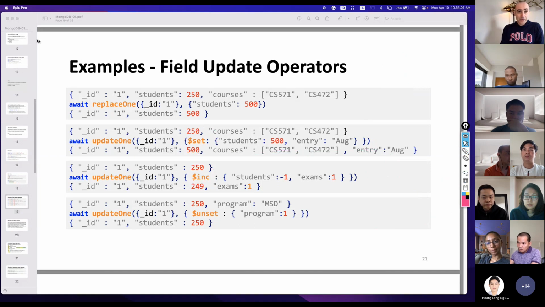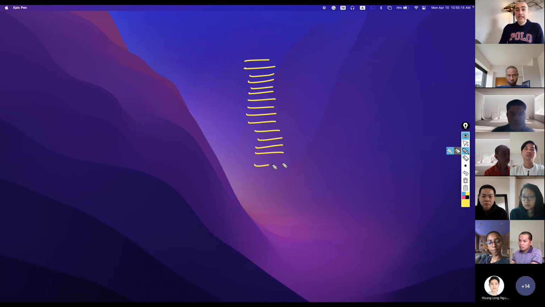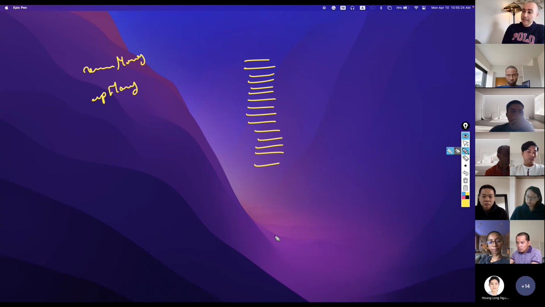Before we go to a break, I want you to know one last piece of information, which is all of these many operations, like when you remove many or when you update many, you might think, oh, this is expensive. It's not expensive. MongoDB, while you could lock the entire collection with certain operators, MongoDB is going to operate these